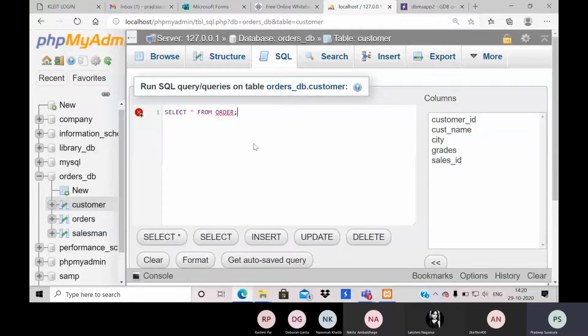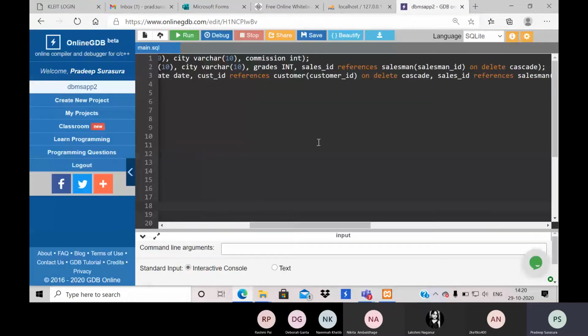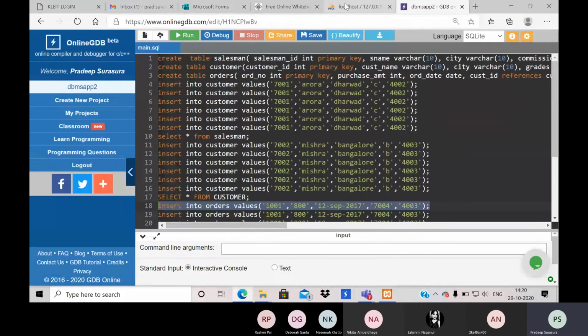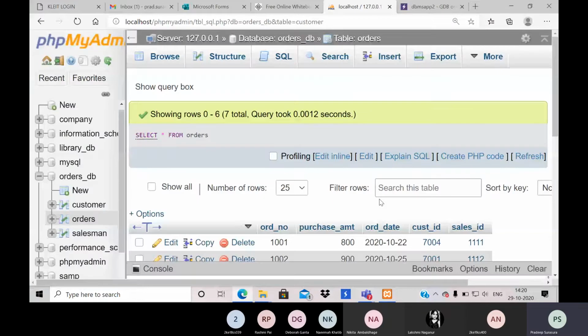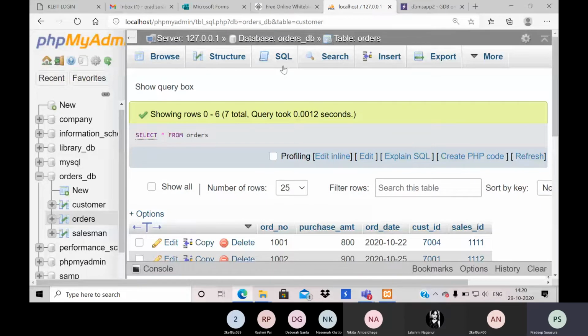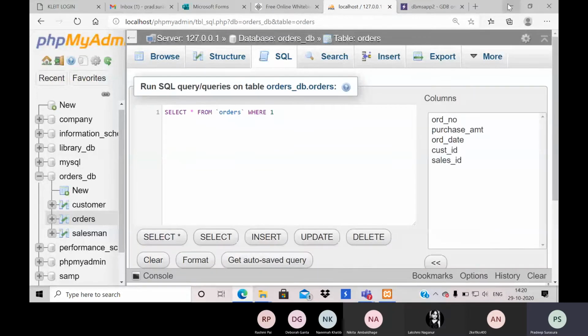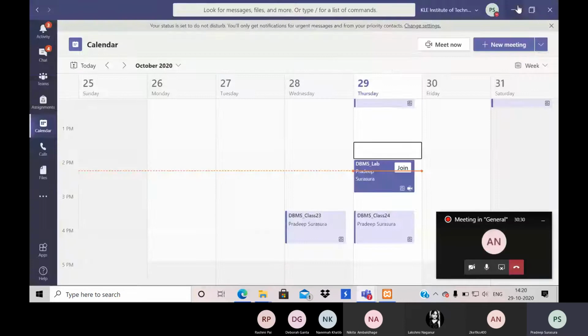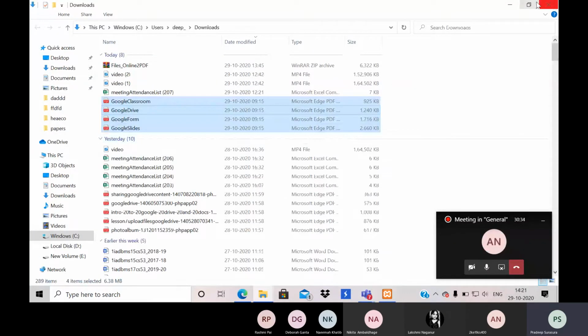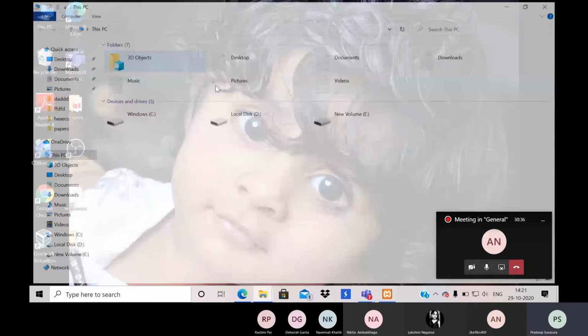Is it just order or orders? I'm not sure, because it is orders, because order is a keyword. So orders I have written like that. Just to make sure, I cannot use a keyword as a table name, so I have renamed it as orders. Now once we create all the tables, I need to go with insert and working with queries.